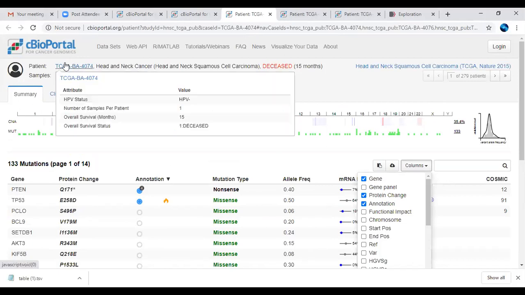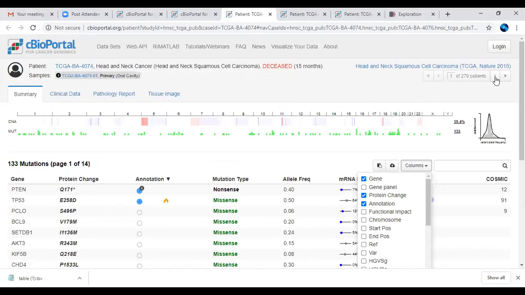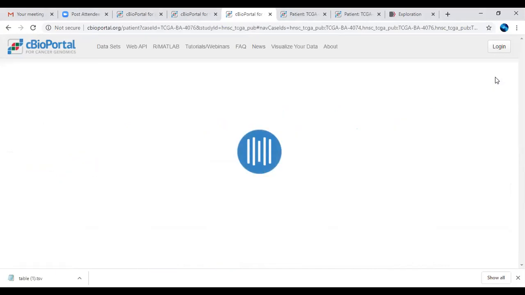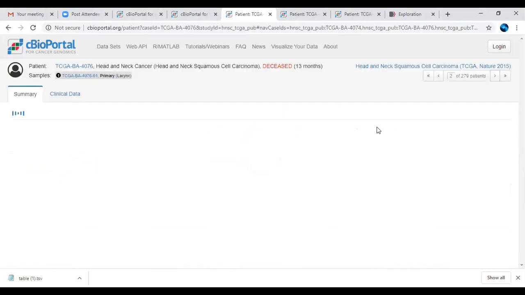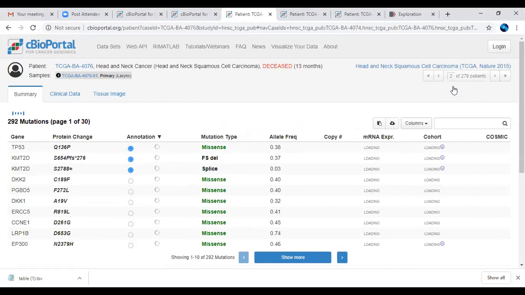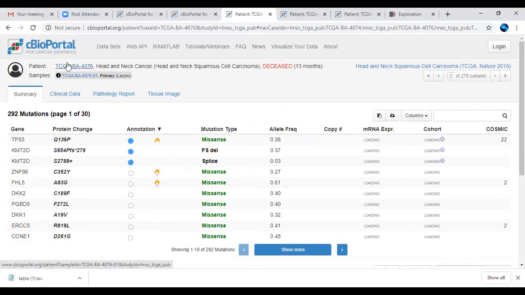That is this patient they are highlighting about the head and neck cancer. Here you can again click on this particular button, so you will move towards the second patient. Likewise, overall information for the visualization you can see. For downloading, the option is there for this particular project.